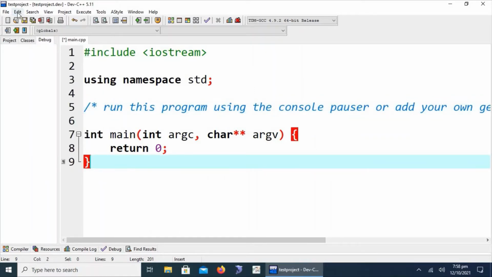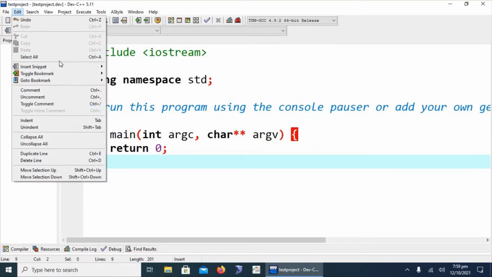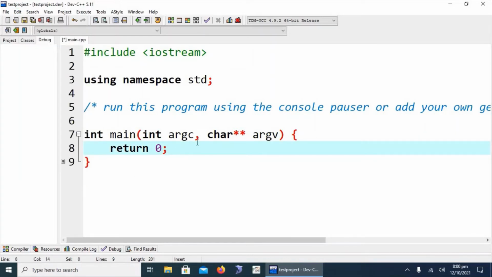I will discuss them one by one using the shortcut keys. Here we have undo, redo, cut, copy, paste, Ctrl+C, Ctrl+V, etc. The most interesting things come here: comment, uncomment, which are frequently used in development, indentation, reverse indentation, collapsing, and duplicate line. I am going to use these features using the shortcut keys.